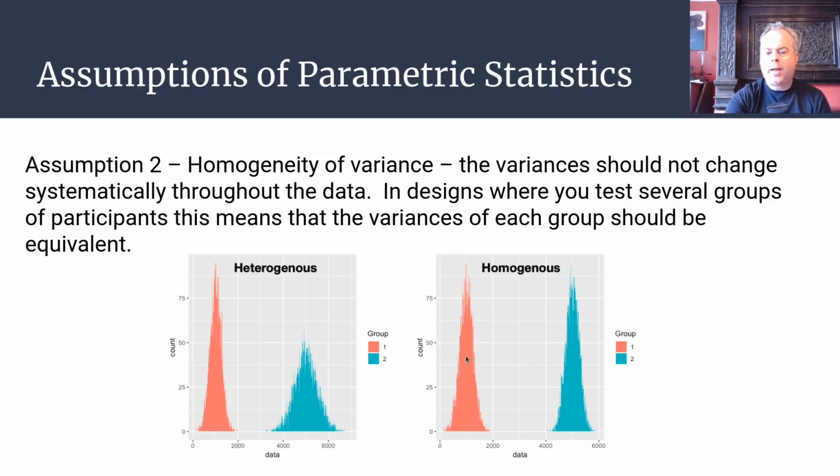Here we've got a nice example of two groups where we've got pretty much identical variances. So we've got homogeneity of variance being met in the second panel here, but not in the first. We have to check to make sure that the variances within our groups are broadly